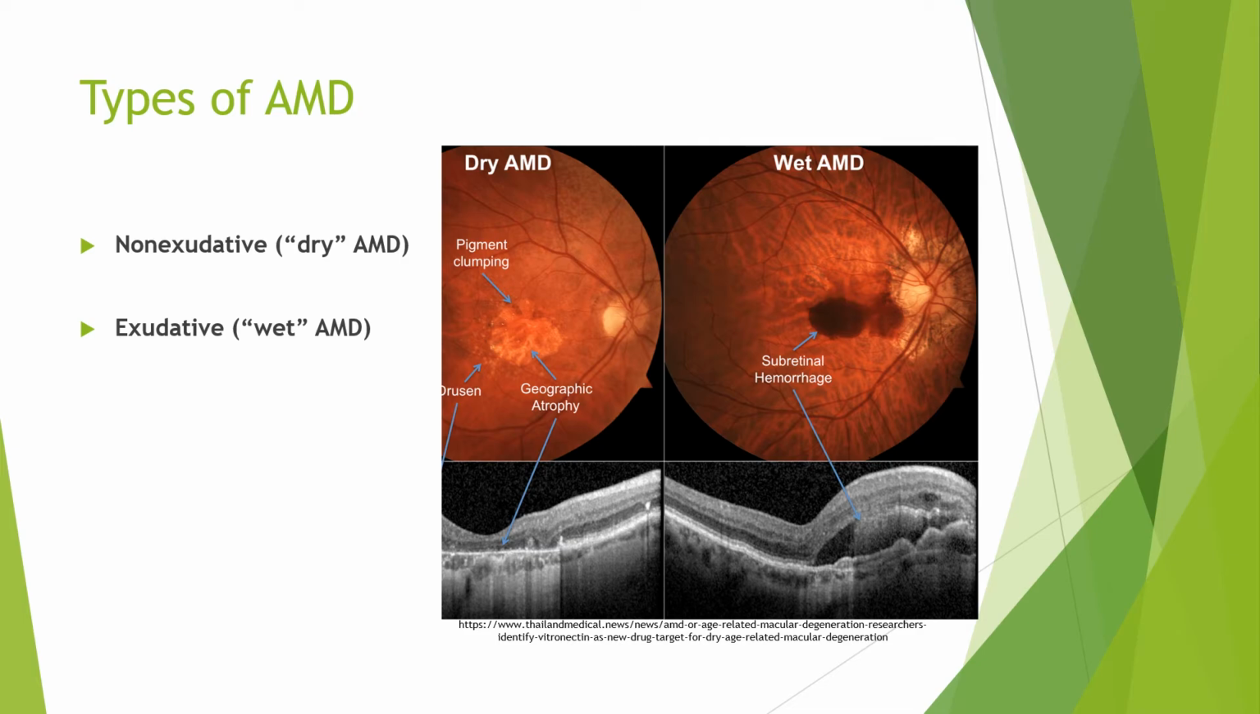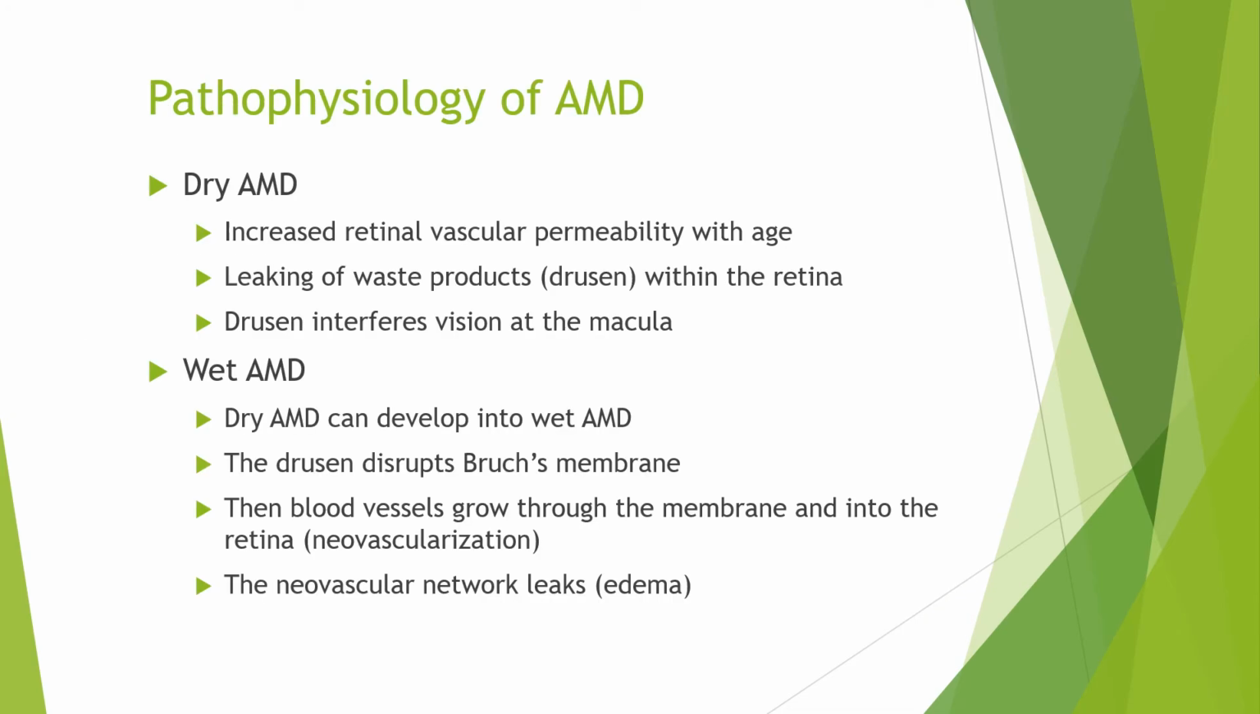There are two types of age-related macular degeneration, the non-exudative kind, or the dry, and the exudative or the wet AMD. The dry AMD can develop into the wet AMD. We will touch upon that later. Dry AMD is caused by a natural increased permeability in the retinal vasculature with age, and this causes leakage of any waste products that the blood is circulating around the body in the process of eliminating them. These waste products present as drusen, or little yellow spots in the retina, and